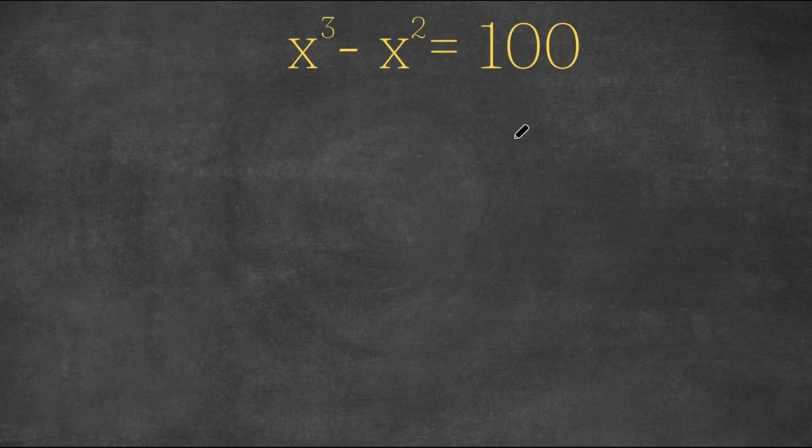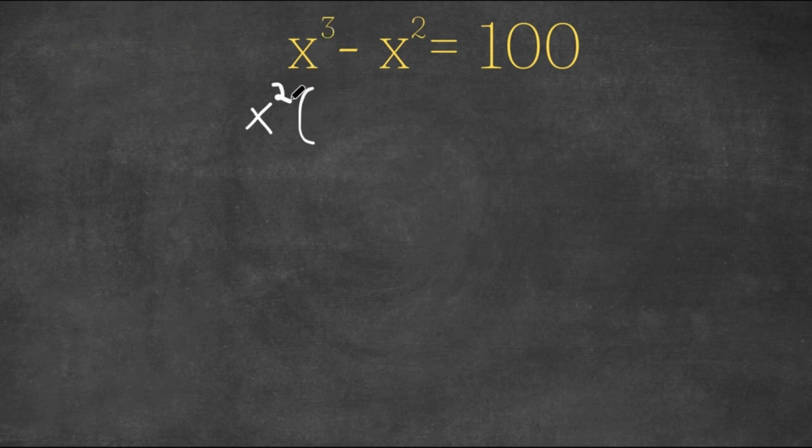Now, what we're first going to do is, as you can see, both of these terms have x in them, right? So the best thing to do is to factor out x with the highest degree, which in this case is 2. So we're going to factor out x squared, and that would help us simplify our equation by a lot. So if we factor out x squared,